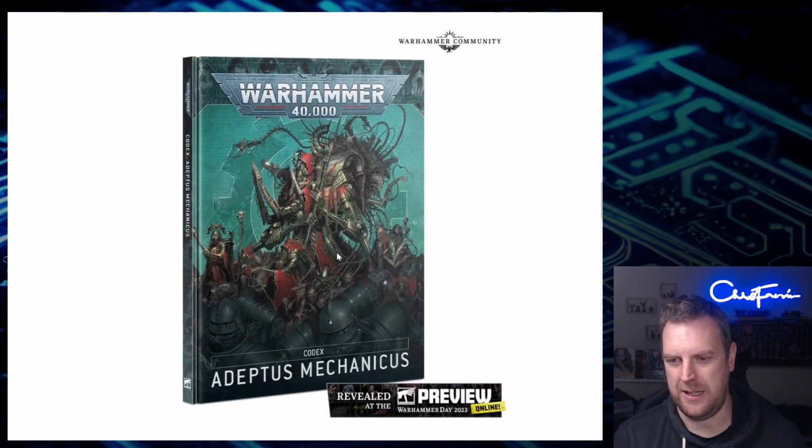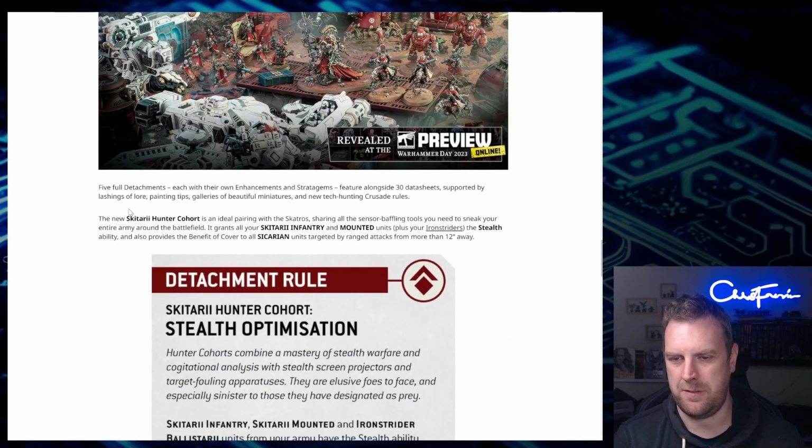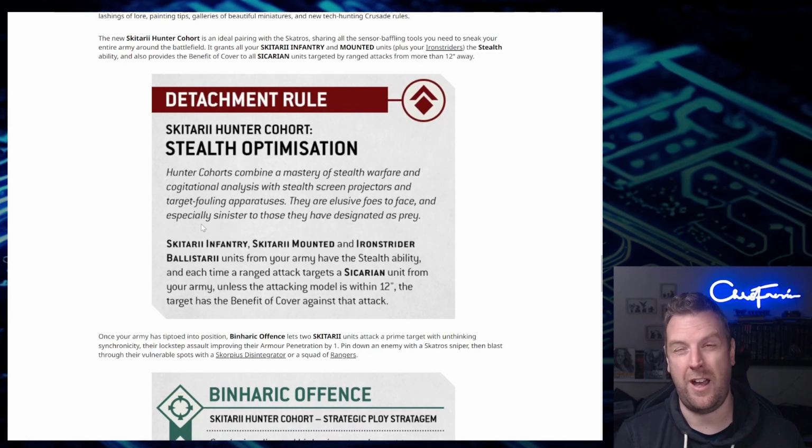Right, they also show off the codex, so the Adeptus Mechanicus codex. Again, I will do a breakdown when this arrives as well. Also looks like quite a chunky little tome. Fantastic, and they show off the detachments. So the Skitarii Hunter cohort is the one that I am in trouble about, because